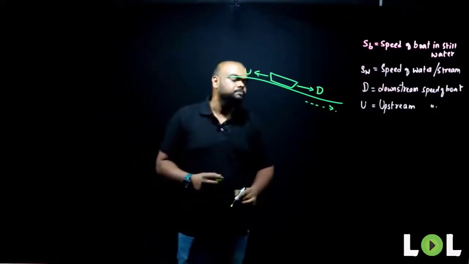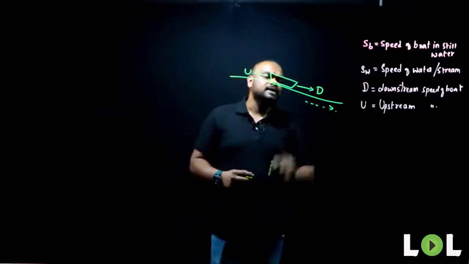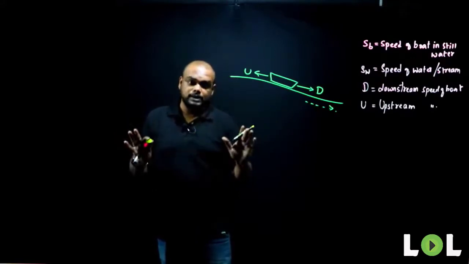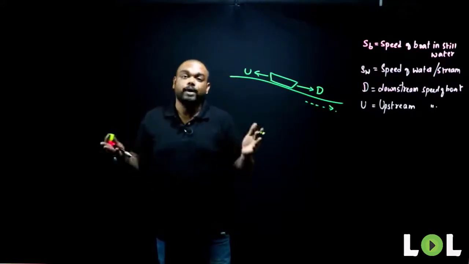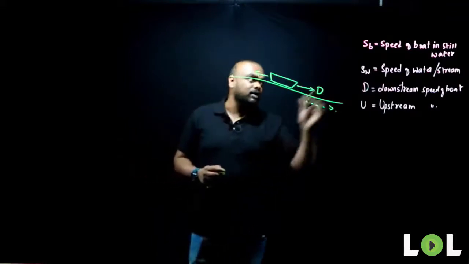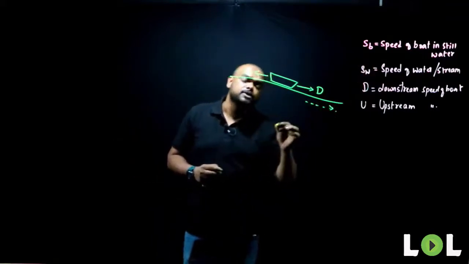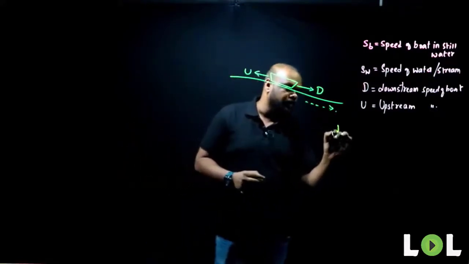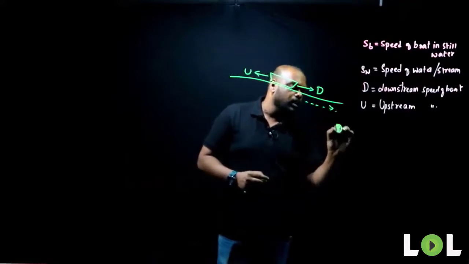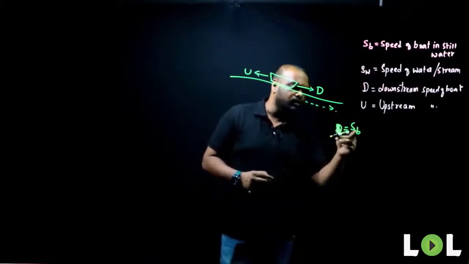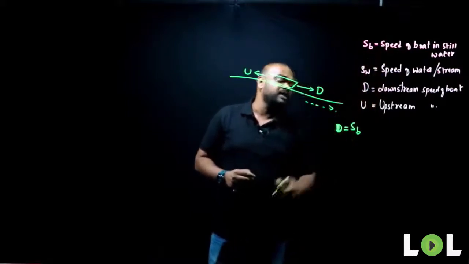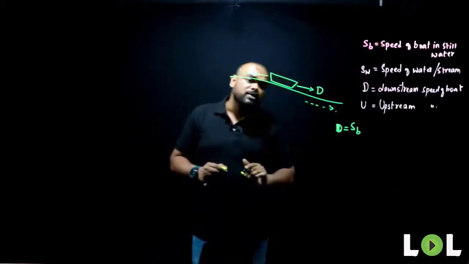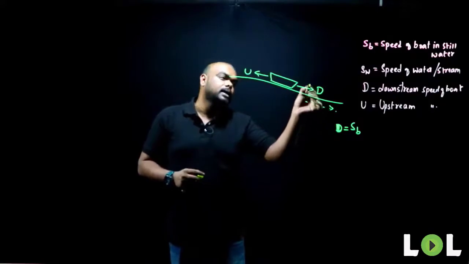Now let us see, guys. When the water is not flowing at all, does the speed of the water affect the boat? No, it doesn't. So the speed of the boat will be the speed of boat in still water. Now what happens when it sails downstream and what happens when it sails upstream? Let me talk about downstream speed first. When the water is not flowing, the speed of the boat will be SB only. Now when the water is flowing and the boat is going downstream,